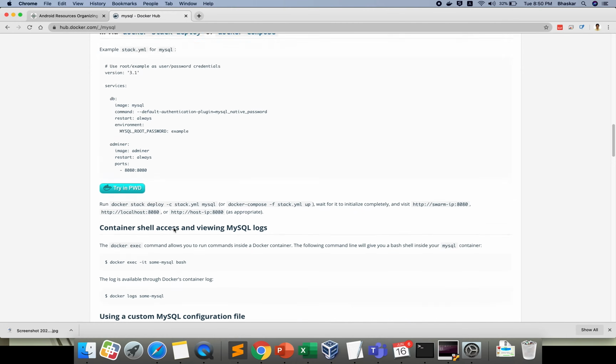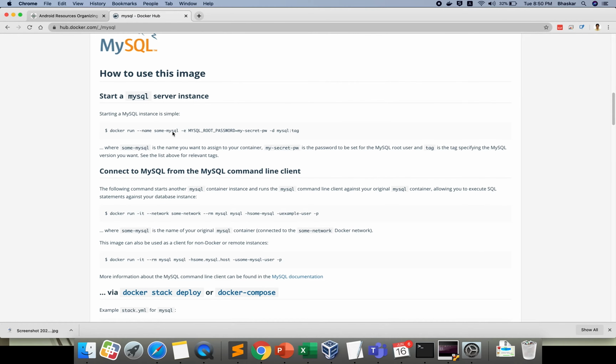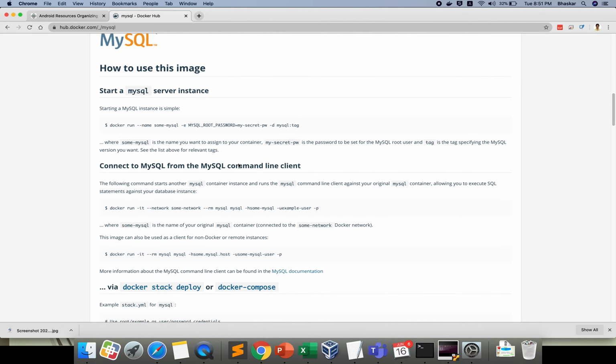Let's go up and read the point. The name after the hyphen, some-mysql, is the name you want to assign to your container. That name can be anything. If you don't give one, it will generate a name, and this is your password.